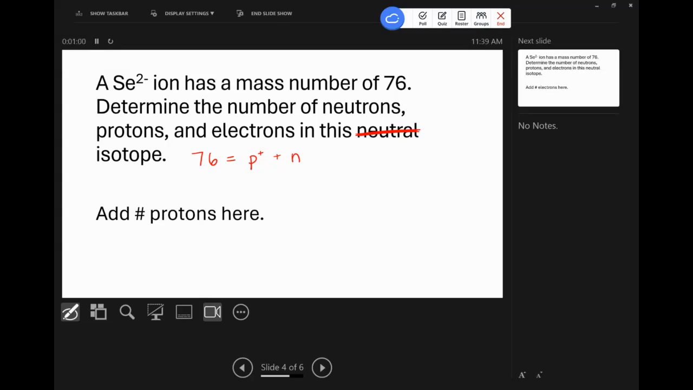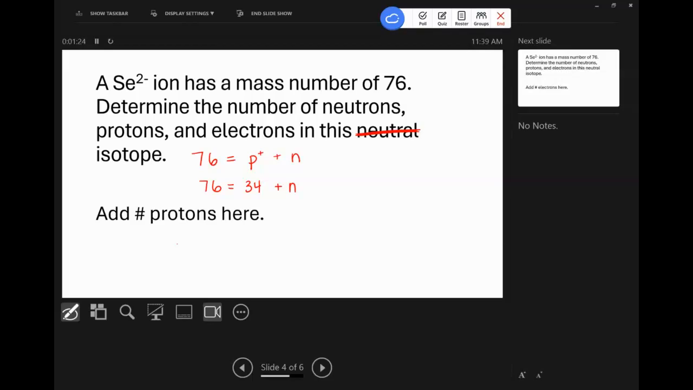Periodic table number, what does that tell us? Number of protons, yes. So the number of protons for an element never changes. That is the identity of an element, the number of protons in its nucleus. So selenium always has 34, is that right? Okay, always has 34 protons, so 76 equals